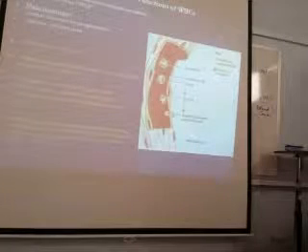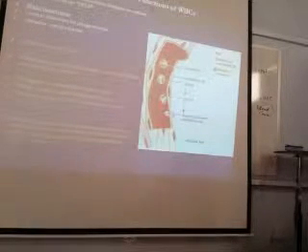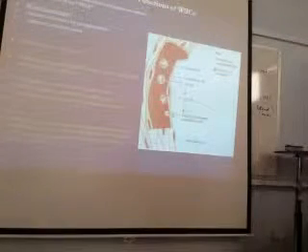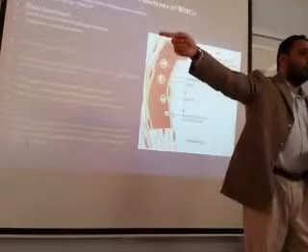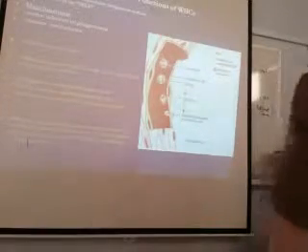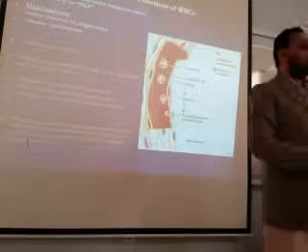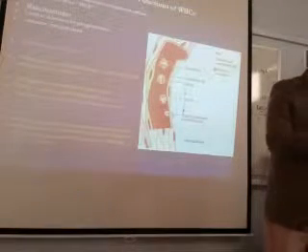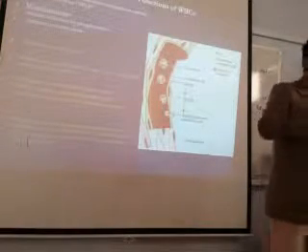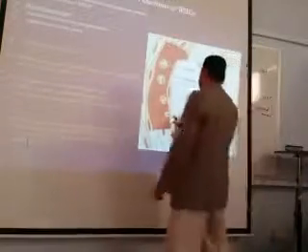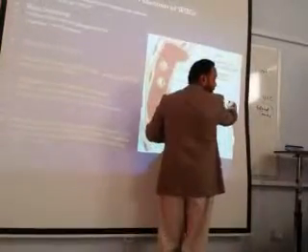D-I-A-P-E-D-E-S-I-S. Diapedesis. And diapedesis occurs whenever there is inflammation. Inflammation will increase the rate of diapedesis. Why? Because it will attract more and more WBCs to the site of inflammation. This total process, the movement of the central flowing WBCs towards the endothelium, then diapedesis through the vascular wall to the outside, and then once it is outside, suppose this is the point of inflammation.